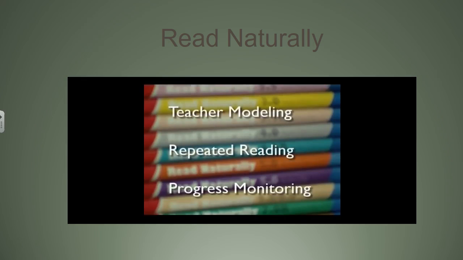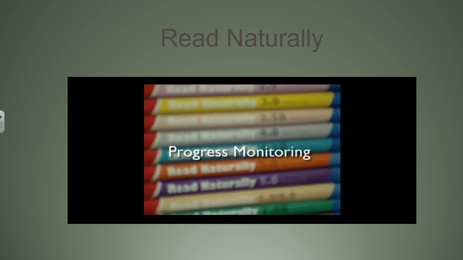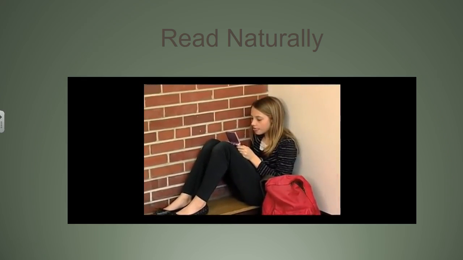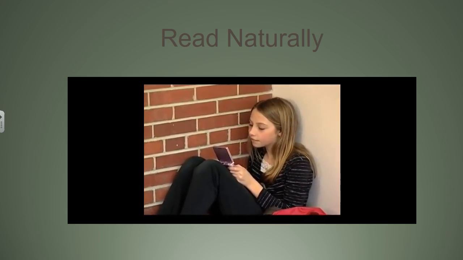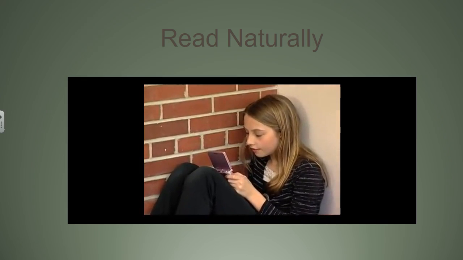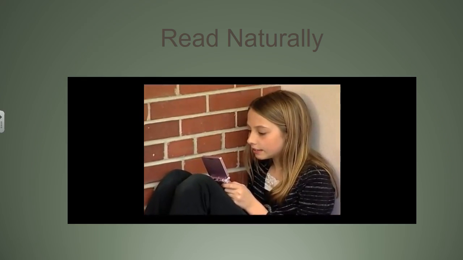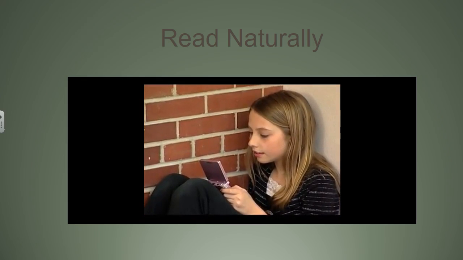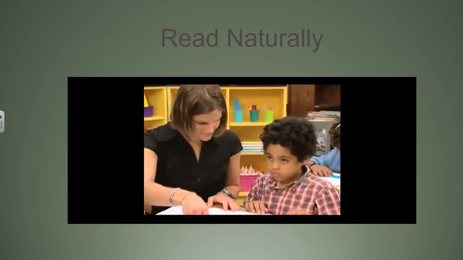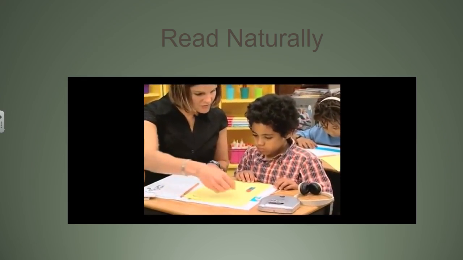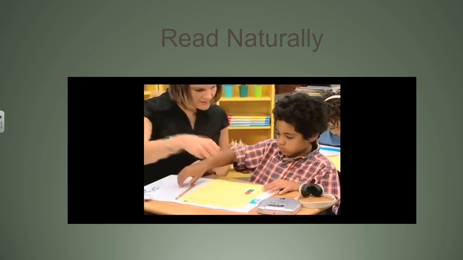The third strategy that makes Read Naturally work is progress monitoring. Progress monitoring is a combination of setting a goal and then providing feedback on progress towards that goal. For a great example of progress monitoring, watch a child play video games. A video game presents a specific goal: to locate the treasure, get to the next level, beat that last score, and so on. It also provides immediate, specific, relevant feedback about a player's progress toward that goal. The combination of having a goal and getting feedback can be very motivating.